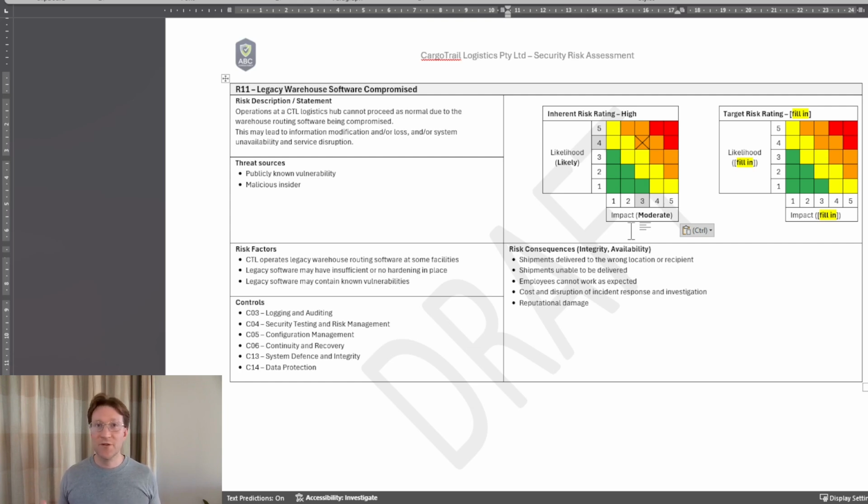You could reroute shipments to other warehouses. It's a bit more of a contained impact. And then saying that we're looking at a possible likelihood, a minor impact, and medium risk. Now, obviously, the best way to deal with this risk would ideally be to replace the legacy software completely. But assuming that that's not an option, the next best thing is to reduce the likelihood by trying to do, for example, some penetration testing